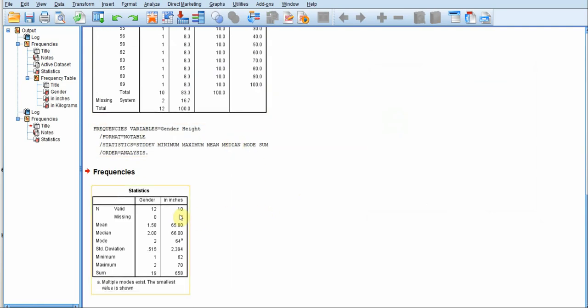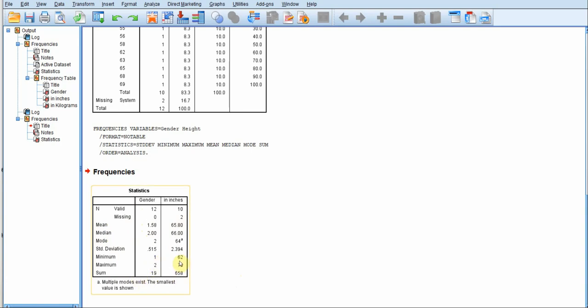So you will see that now we have a table where it shows me the valid and the missing values for both the gender and the height. What is the mean value for gender, mean value for height, and similarly the median, mode, standard deviation, the maximum value, minimum value, and finally the sum.